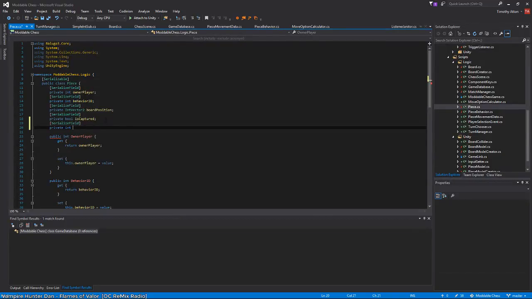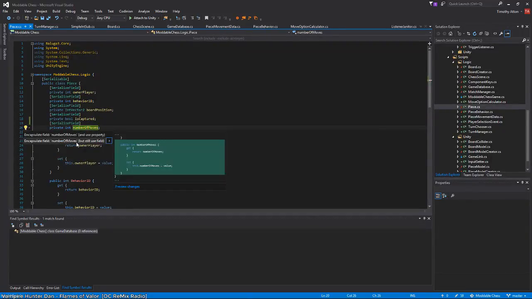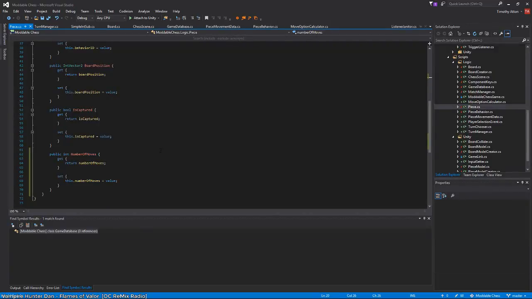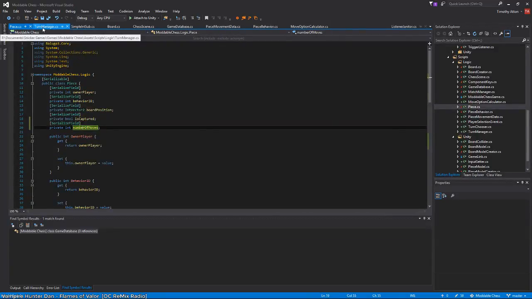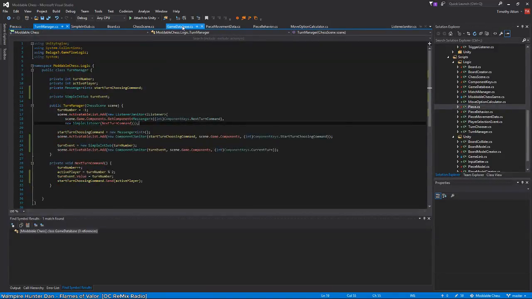Let's say number of moves. So then we check this number of moves for 0. So yeah, I was making this much more complicated than it needed to be, but